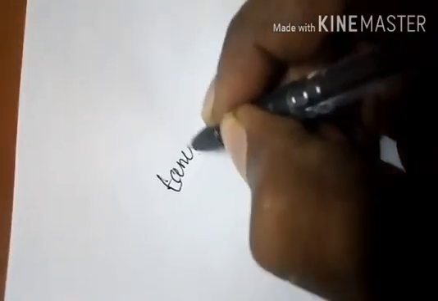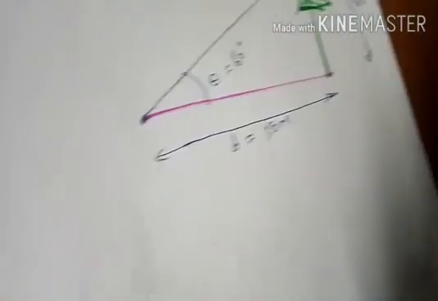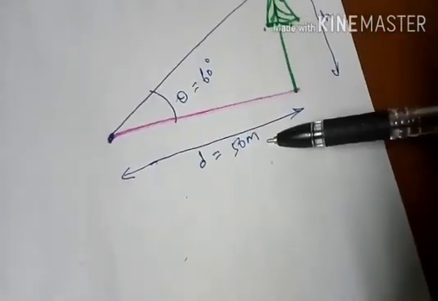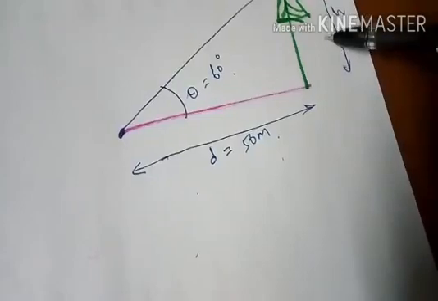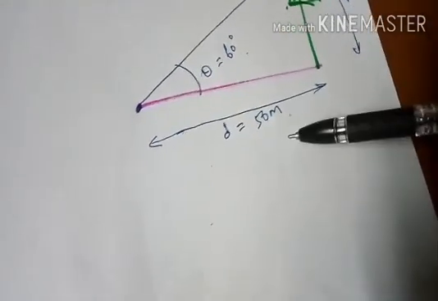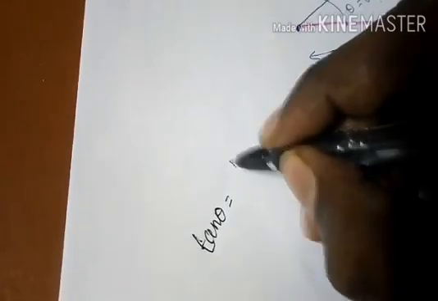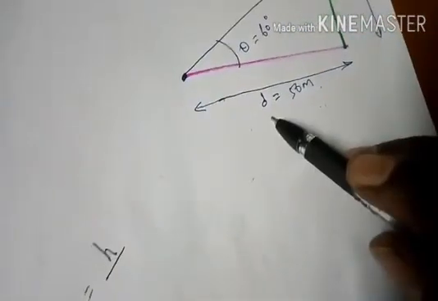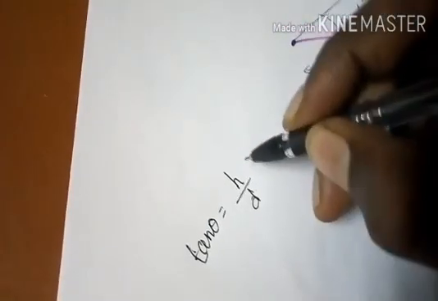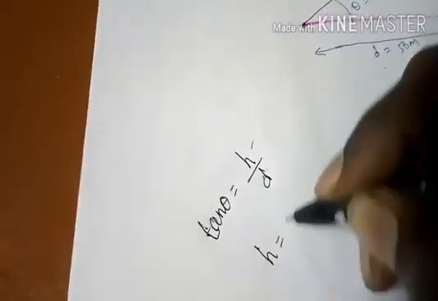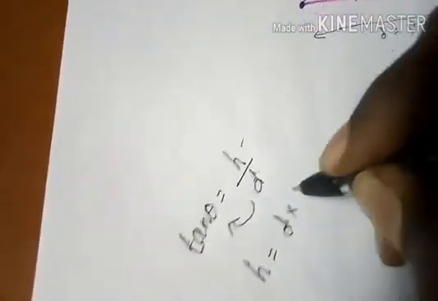Okay, how will you calculate? You are using the triangulation method. So the triangulation method formula is tan theta equal to what? Tan theta is nothing but sin theta divided by cos theta. So here that means opposite divided by adjacent side. So tan theta equal to opposite side, which quantity are we having? Height. So tan theta equal to h divided by adjacent side d. I want to calculate h, so this equation becomes, d moving that side, d into tan theta.